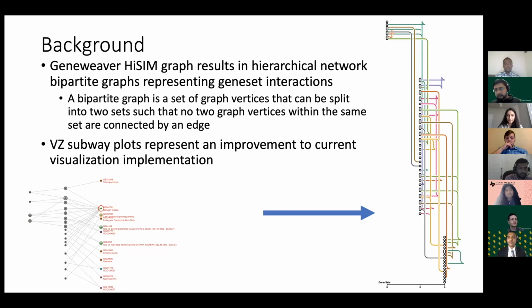It's more colorful and allows you to see the flow and the ebb of their gene sets a lot more effectively than the graph on the left. And I'm sure, as all budding computer scientists, we all know that people love pretty pictures. So I hope that's the takeaway from my presentation, at least: we want to make sure people are happy and they get the pretty pictures that they want.